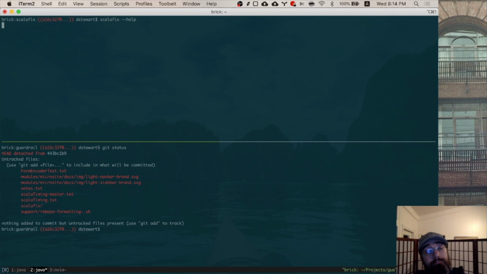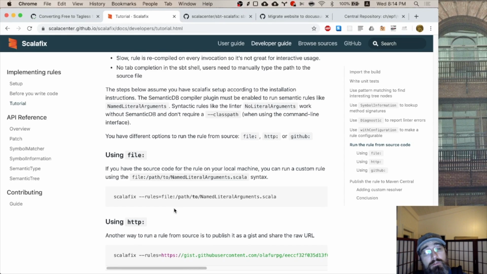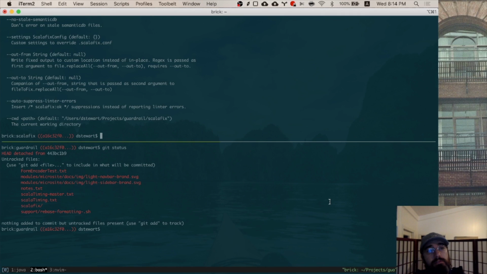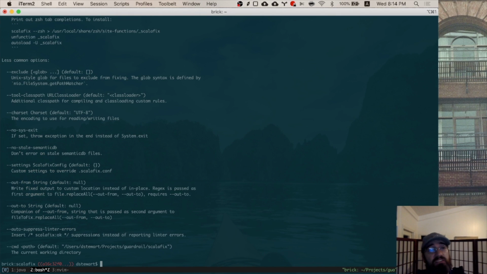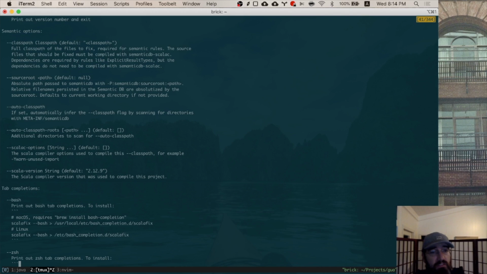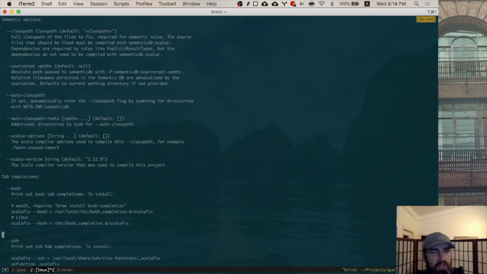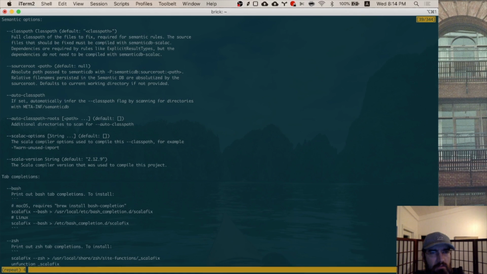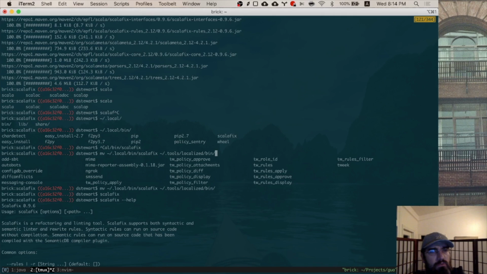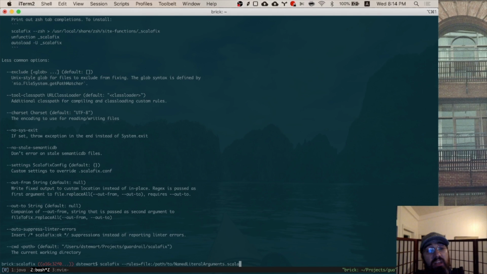Do you run? Scalafix rules, something, something, something, path to named literal arguments. Great. Wow, tab completion, bash tab completion. That's cool. Okay, so rules file to